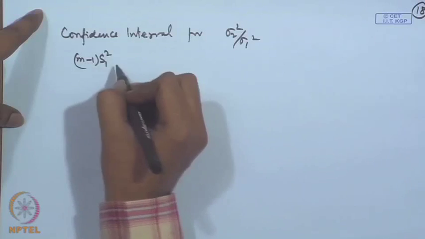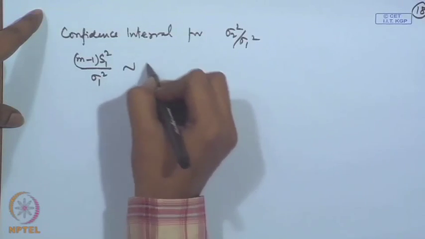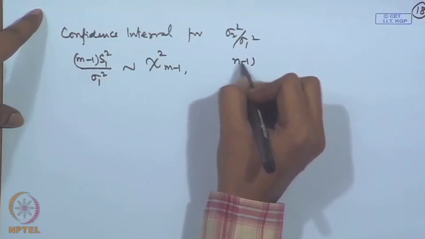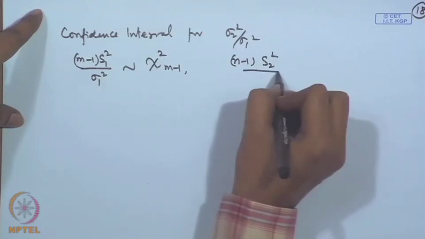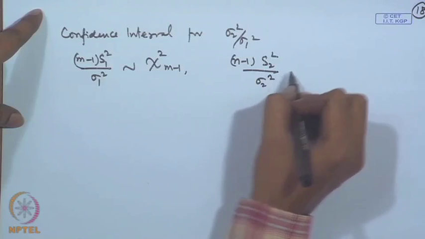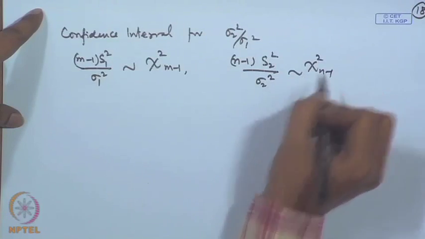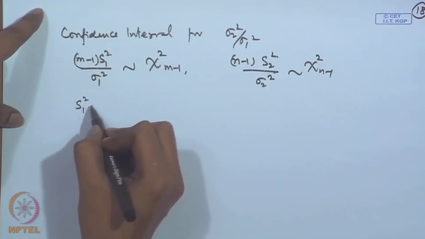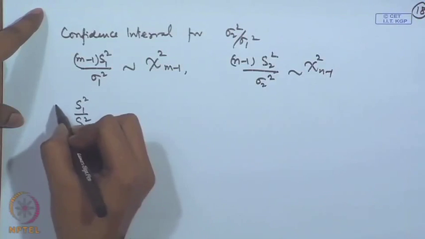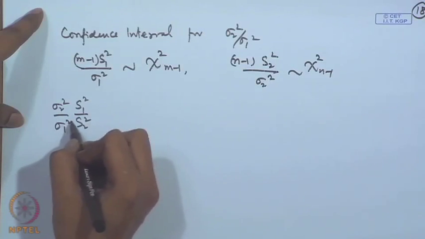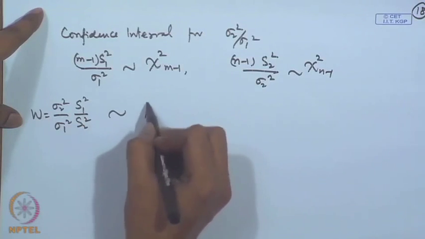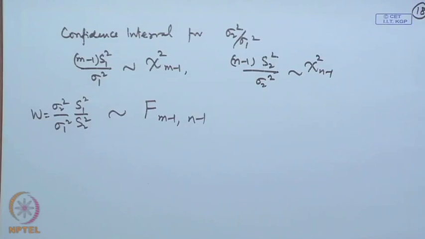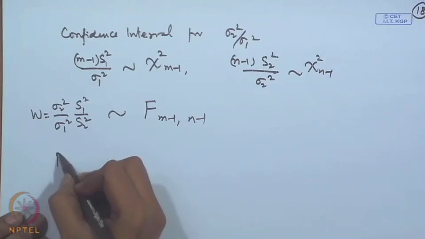m minus 1 S 1 square by sigma 1 square follows chi square distribution on m minus 1 degrees of freedom. n minus 1 S 2 square by sigma 2 square follows chi square on n minus 1 degrees of freedom, and they are independent. So, if I frame the ratio S 1 square by S 2 square times sigma 2 square by sigma 1 square, let me call it W, this will follow F distribution on m minus 1, n minus 1 degrees of freedom. So, probability of